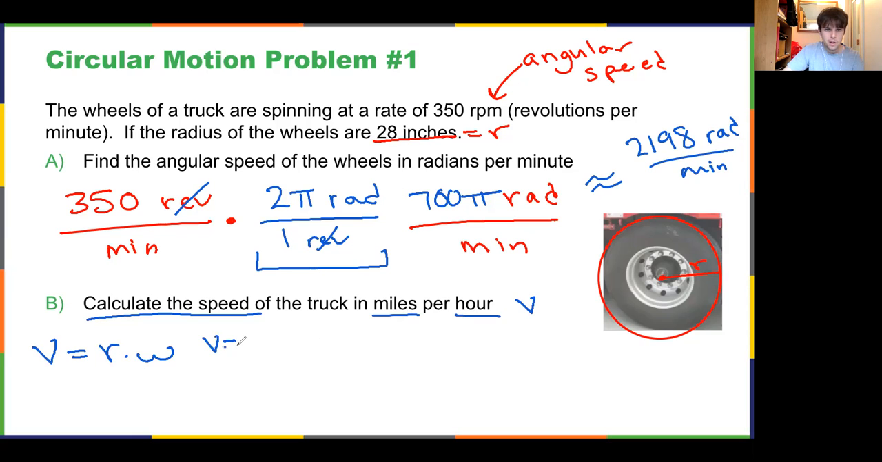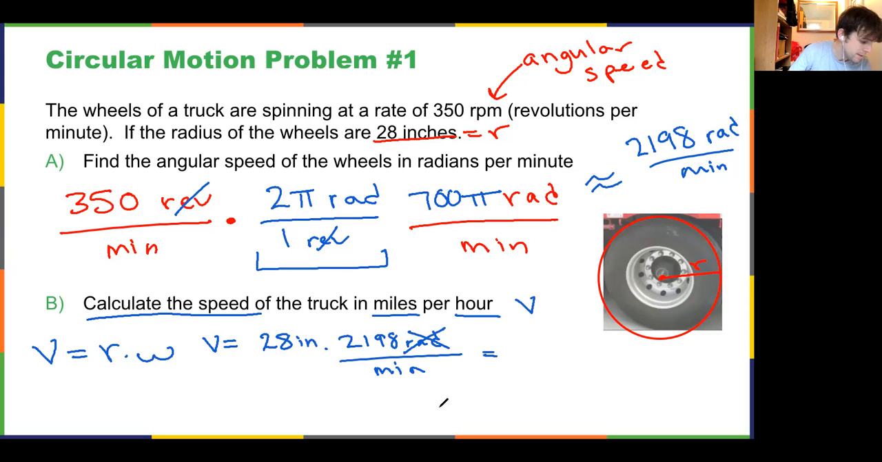So linear speed is going to equal 28 inches times 2198 radians per minute. So this is going to be in inches per minute when we do this calculation. Remember, radians is not really a unit. I'm writing it in here to keep it in mind, but it's not officially a unit. So when I do that, I'm getting a linear speed of 61,544